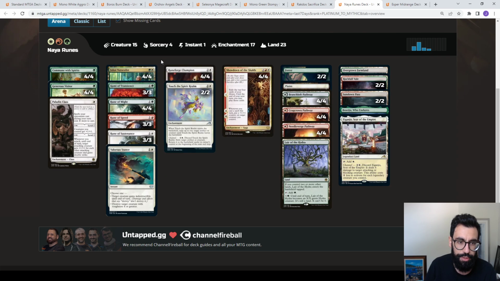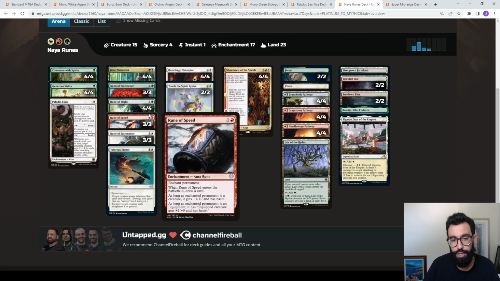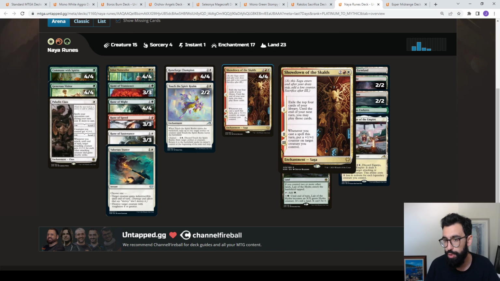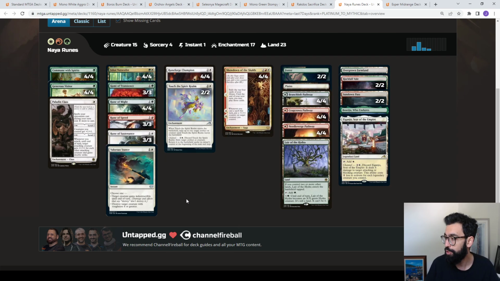But really what you want to do is a conjuncture of Runeforge Champion and Jukai Naturalist. The way the layering works in terms of the alternate casting costs makes all your runes cost 0 mana. You then get to play them out, draw a bunch of cards, combine that with either Chapter 2 or Chapter 3 of Showdown of the Skalds or Generous Visitor, and you pump up a very large team,